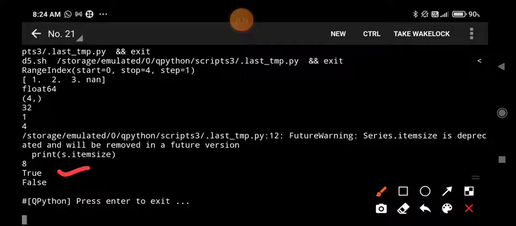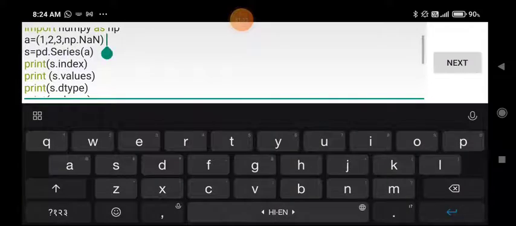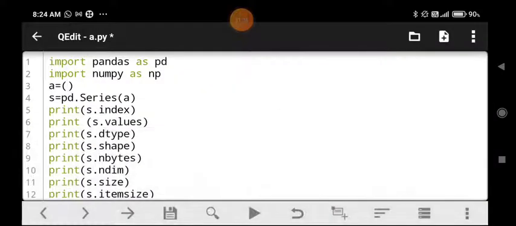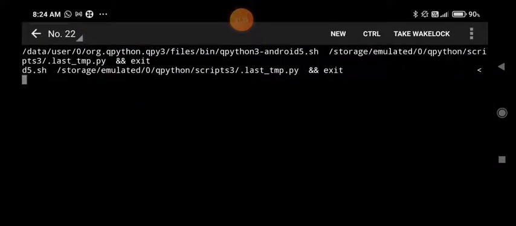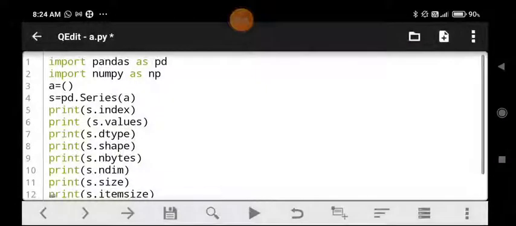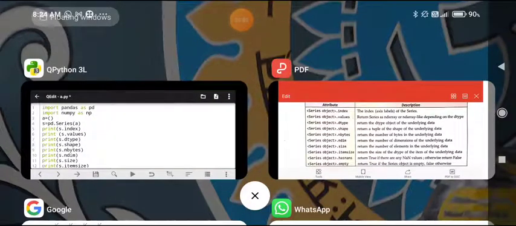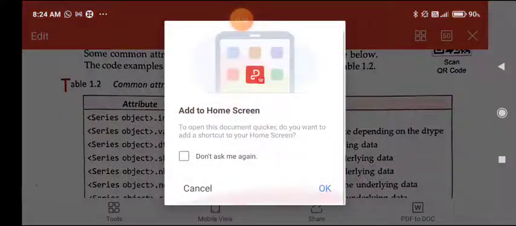And if we remove all the elements from here and create a series on that basis, at that time if we execute, we will get True for empty, because this series doesn't contain any value. So students, in this manner you can use all these attributes of the series.